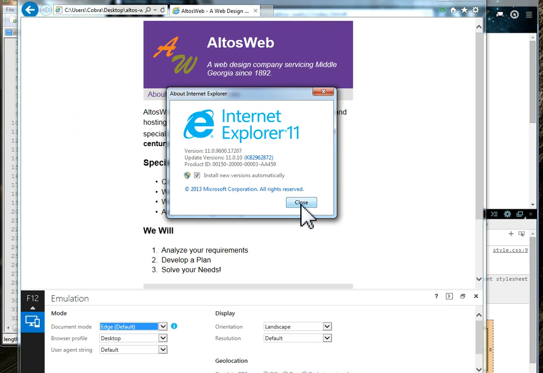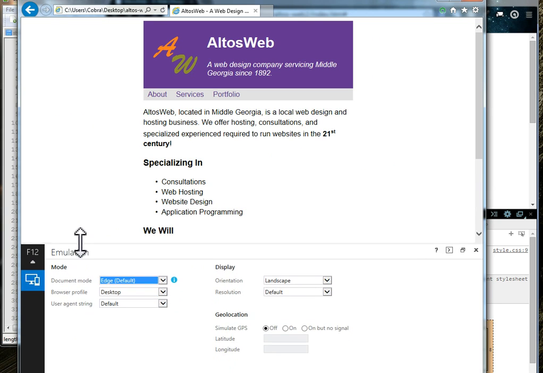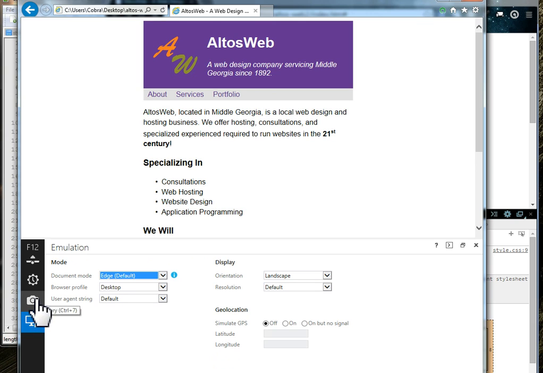Yes, and IE11 does well. It's doing the same as Chrome. Everything looks the same, pretty much. Where all the hate for Microsoft comes in is the older versions of browsers. Oh goodness. So down here in the development bar,